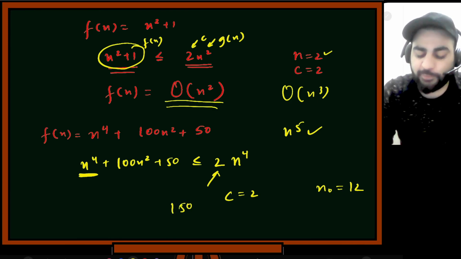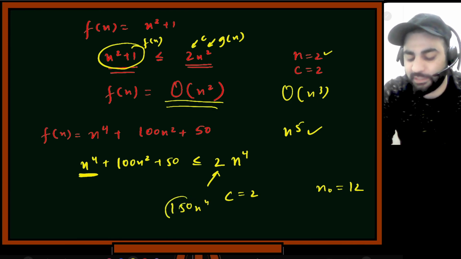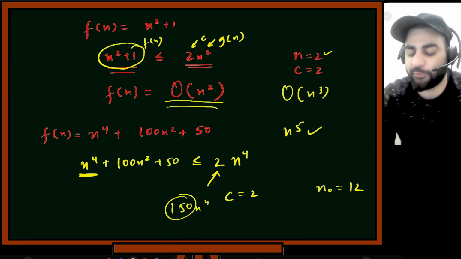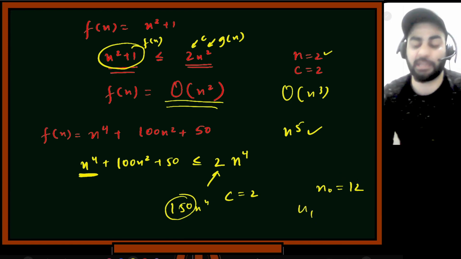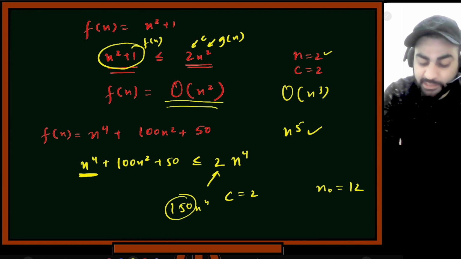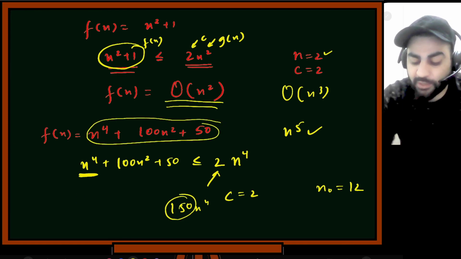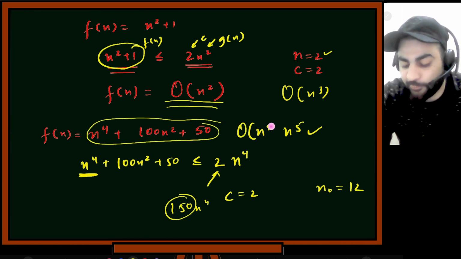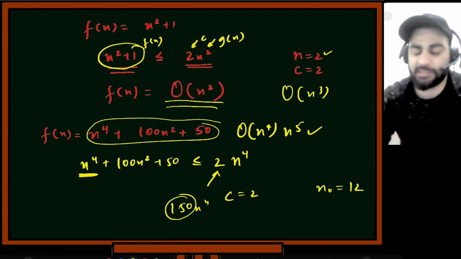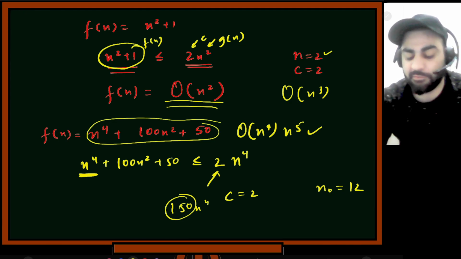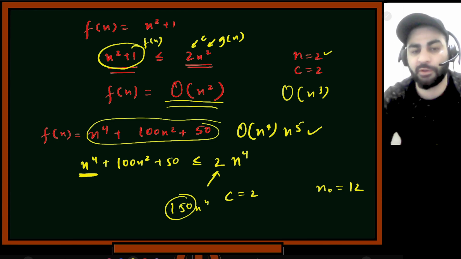150 or 151 you said, and n to the power 4. That is also a bound. Here c is 150, and then you will have to find n1 from which it will surpass the value. Now you can write this for this function. What is the worst case? You can say order of n4. Not worst case, I am saying what is the upper bound of this big O notation, that is n